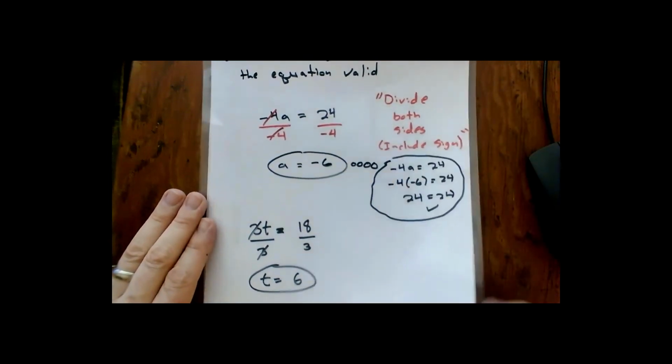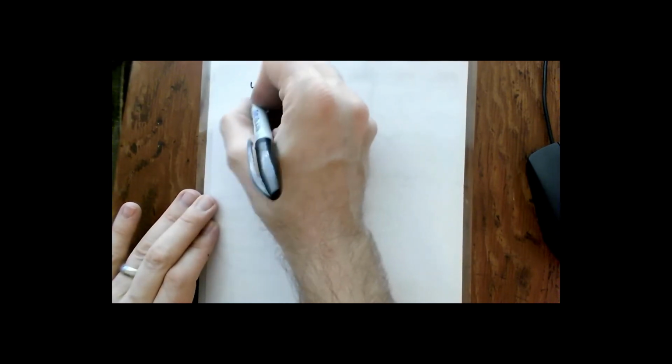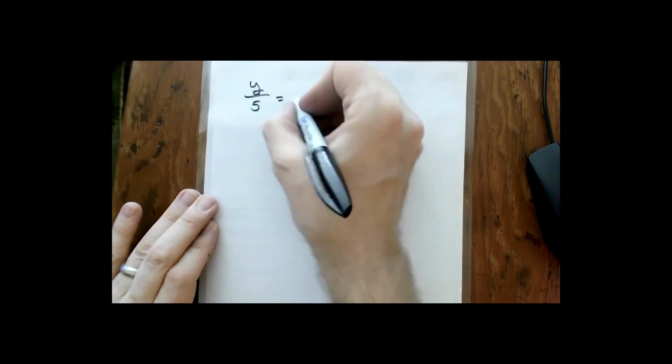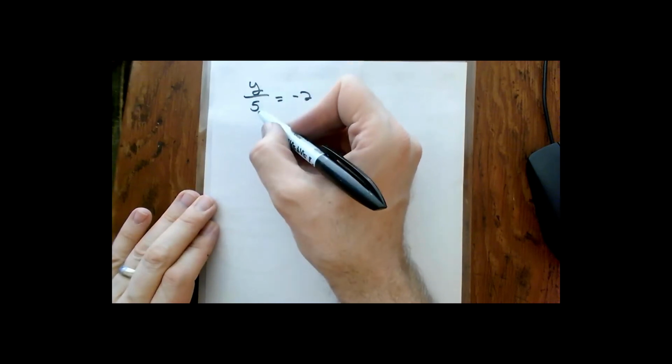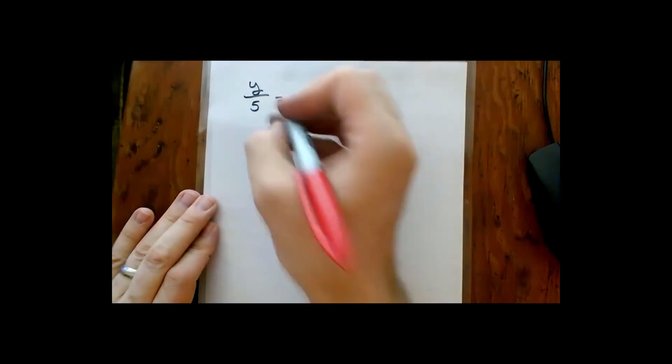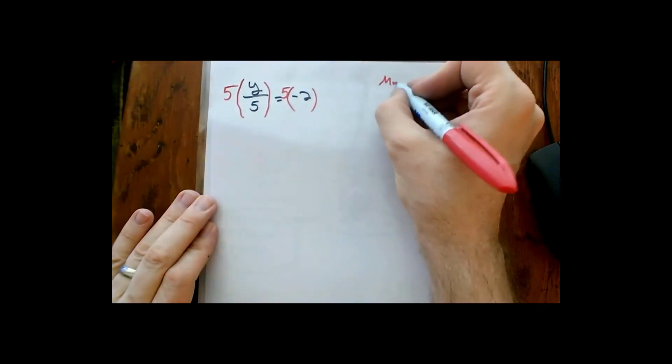Now, one of the things that you're going to also notice is you might end up with some equations where instead of multiplying your variable, you're dividing it. Well, think about doing the opposite again. So say I've got something like, y over 5 is equal to negative 2. Thinking about doing the opposite, if I'm dividing by 5, the opposite of dividing by 5 would be multiplying by 5. So here, we're going to take both sides of our equation and we're going to multiply